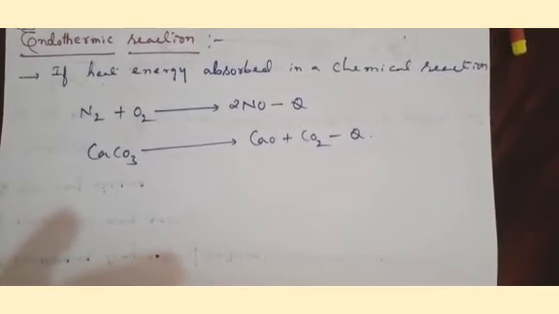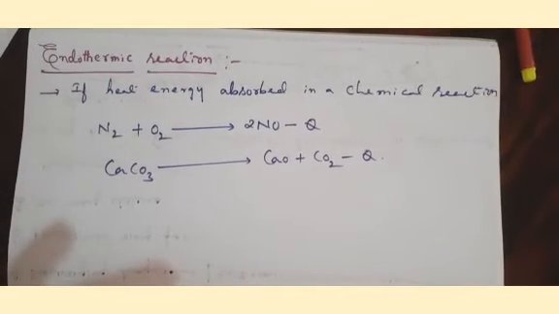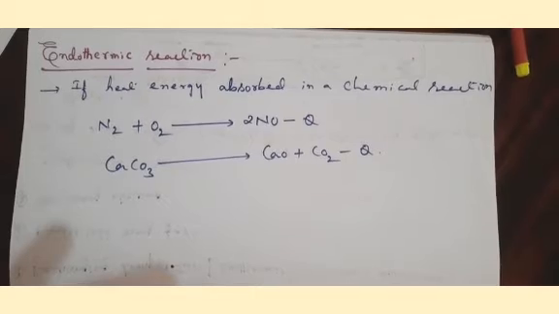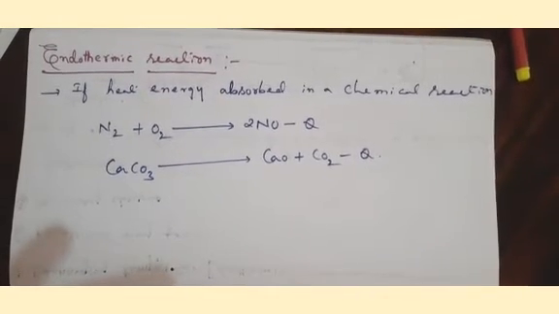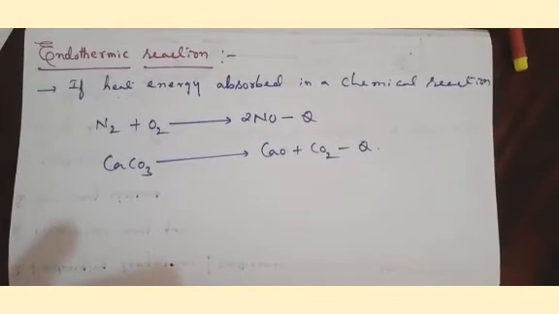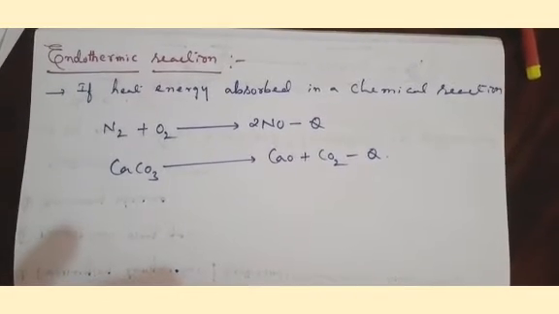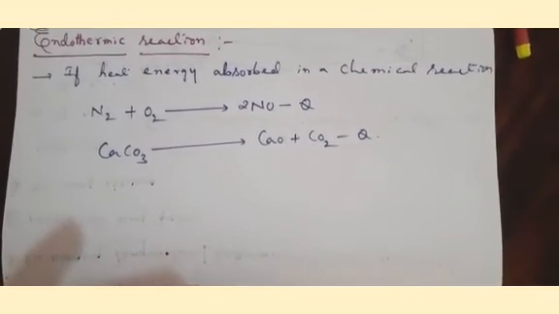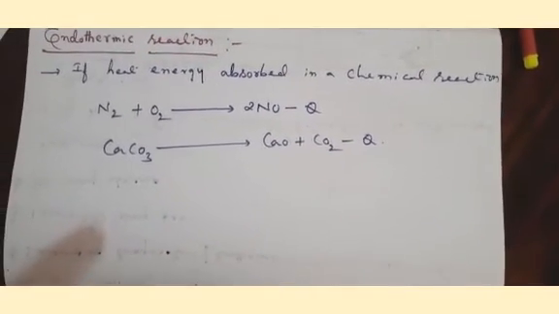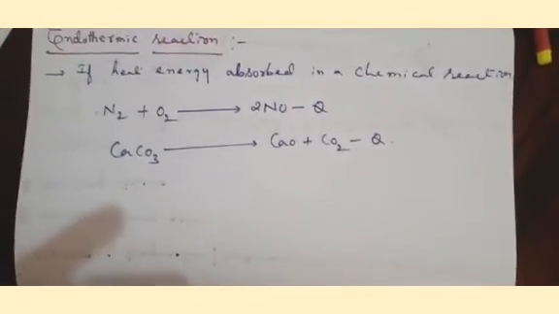You know, the photosynthesis reaction is also an endothermic reaction. To take the reaction, we need to supply the energy. That is, to take the reaction, sunlight is needed. Understood? Light is nothing but energy. So photosynthesis is also the best example for the endothermic reaction. Minus Q at the product side indicates it is an endothermic reaction. Okay.